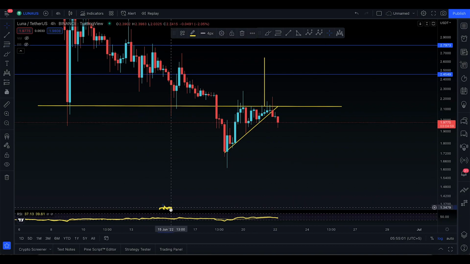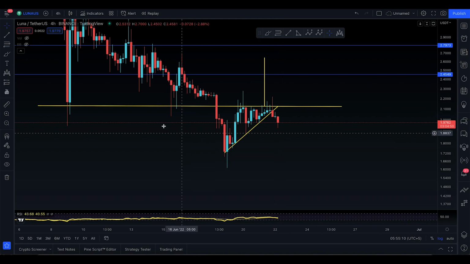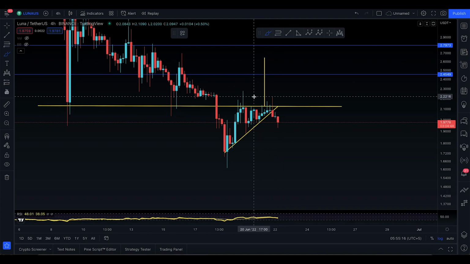Alright, so yesterday on the signals we were trading this coin and we actually made a nice win up here to the 2.2. Took our profits as well, and ended up making a successful trade. Now I was expecting this one to go to 2.64.